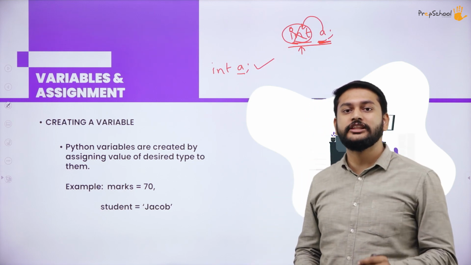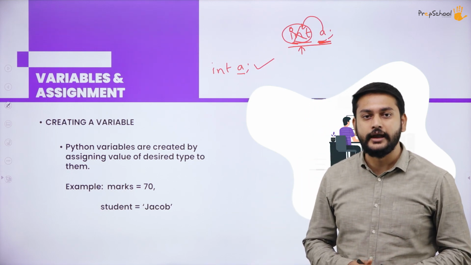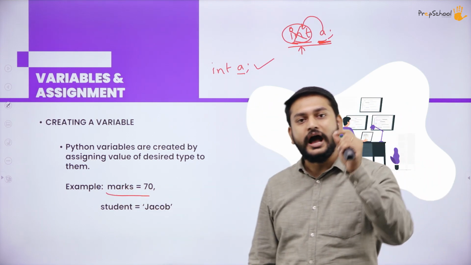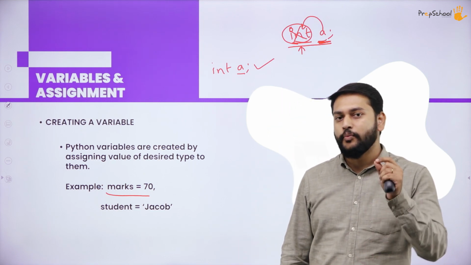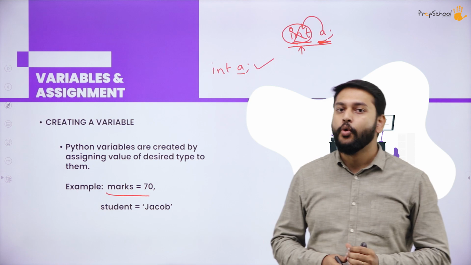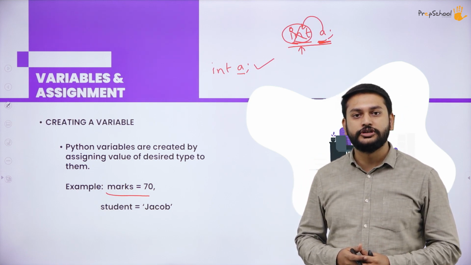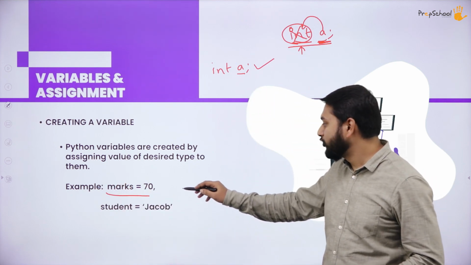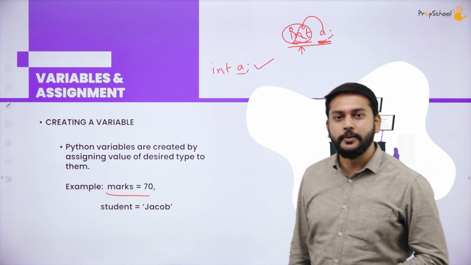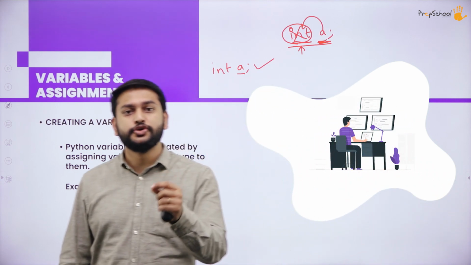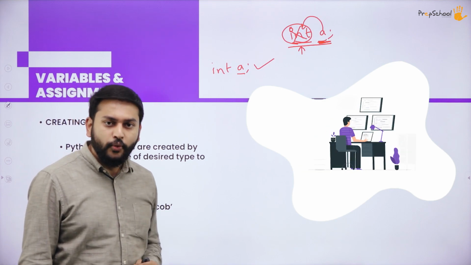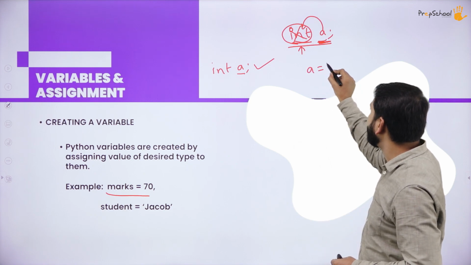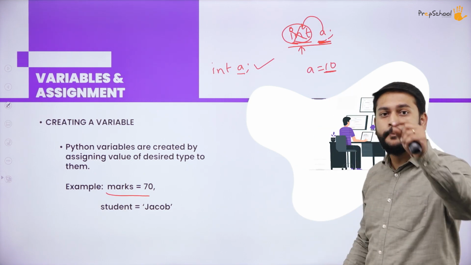You have to assign the value to a variable as soon as you create it. That is the example I have given here. This is the most important thing you have to remember in the Python programming language. Point number 1, you don't have to specify the data type. Point number 2, you have to assign the value as soon as you create the variable. These are the two points you should remember. Point number 3, my dear students, please understand, if I write a is equal to 10, I am not storing this 10 in Python programming language.